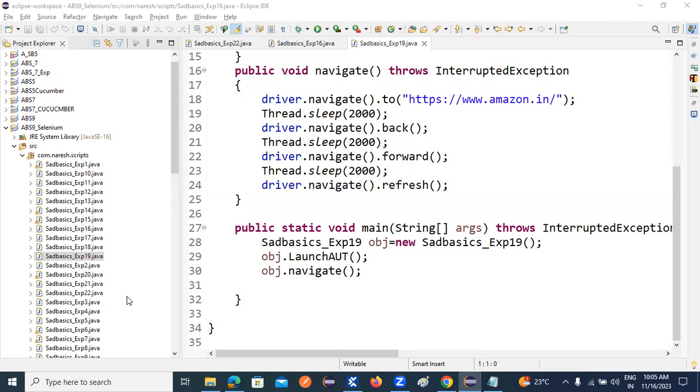If it is a drop down, we need to get the locator. That locator, we need to store